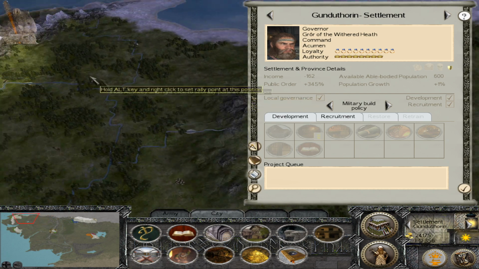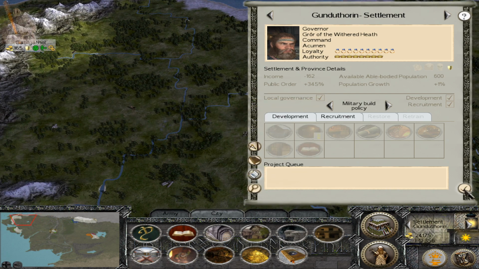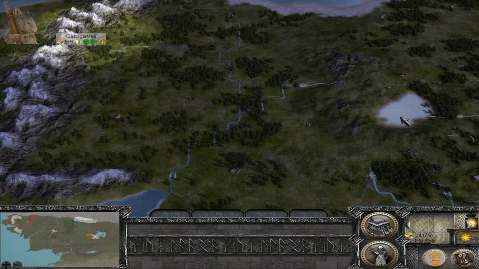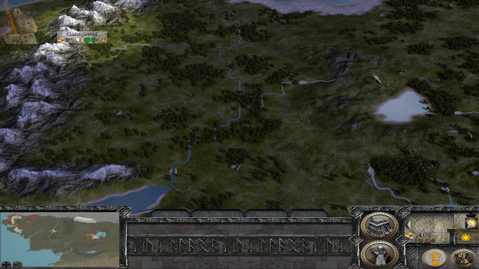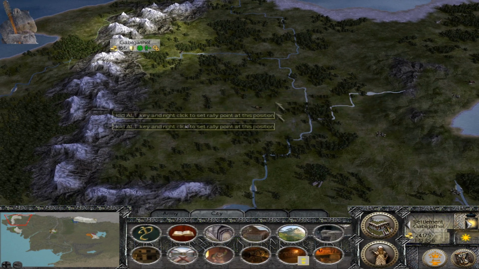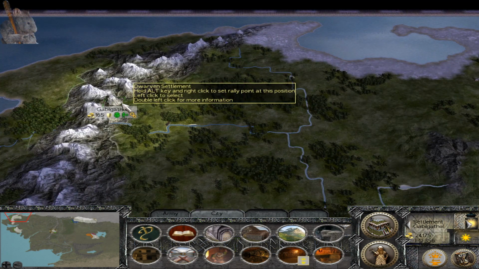Now, over in the west is a different story. There shouldn't be anybody terribly near me. We've got the Reunited Kingdom down here. They're within striking distance, probably I would say 3 turns. And so I have to be careful about that, but I can still sort of capture this pocket province down here, and that will give me